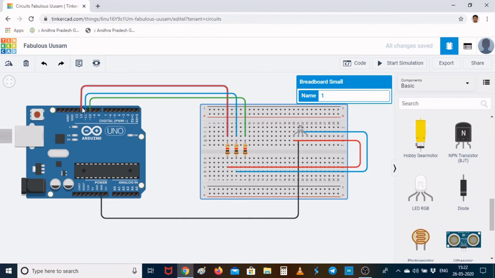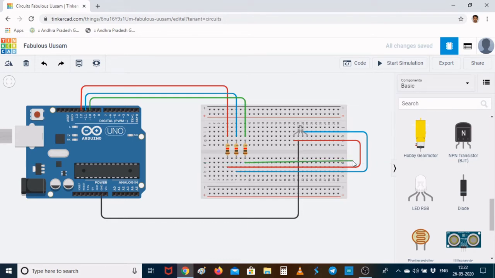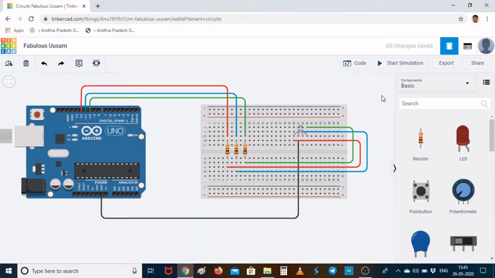So pin number 11 has been connected to the blue LED through a resistor. Similarly, I can connect pin number 10 to the green LED. Okay. So this is what we have done. Yeah, almost we are done with the connections.